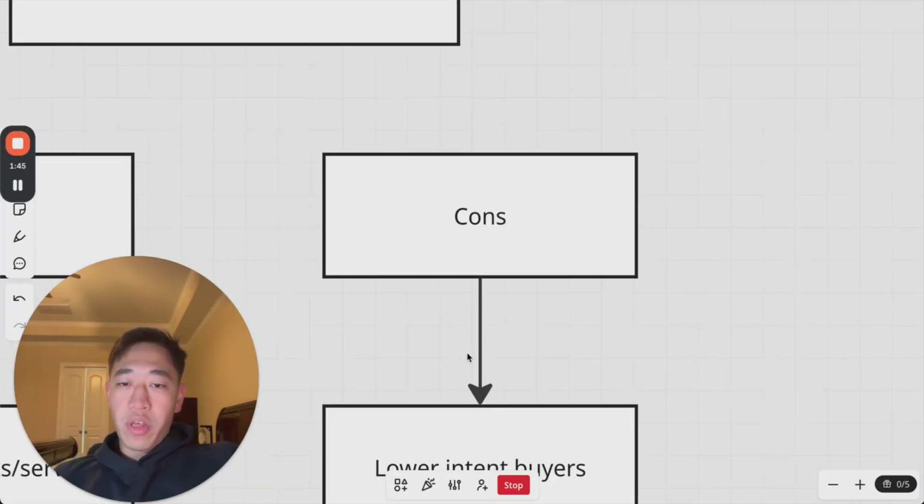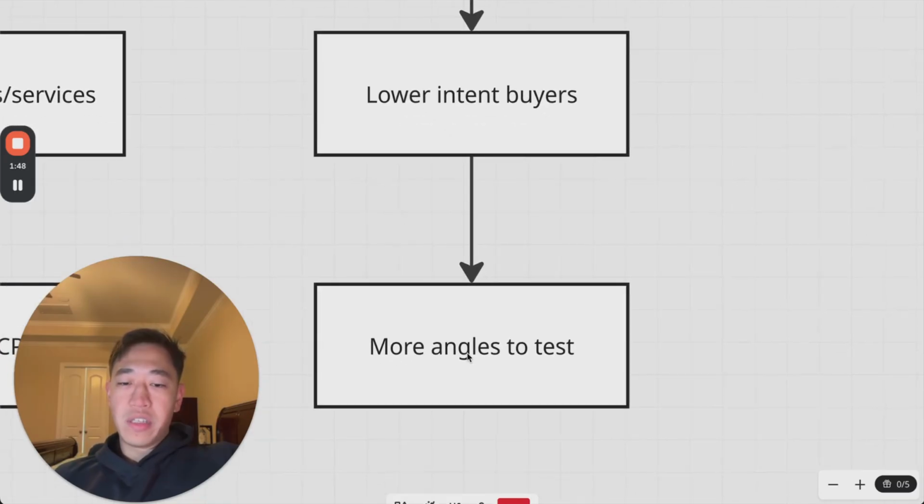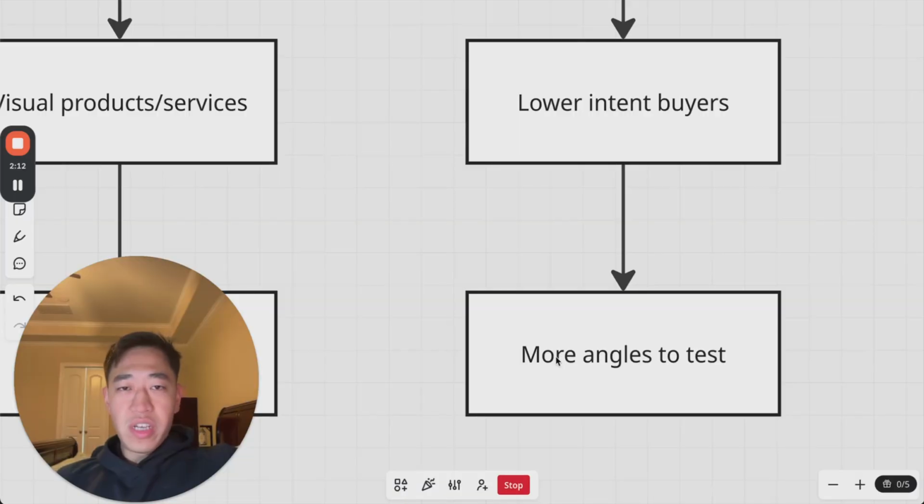And on top of that, with the cons of Facebook ads, there's a lot of angles to test. This is more so a pro and a con, so you can separate yourself from the competition. The creative is an angle we could test, the copy is an angle, the landing page that we send our clients to is another angle, and the questions that we ask is another angle to filter out all the unqualified leads. You really need to be pretty dialed in on marketing, or you just keep it simple and start testing one angle at a time.